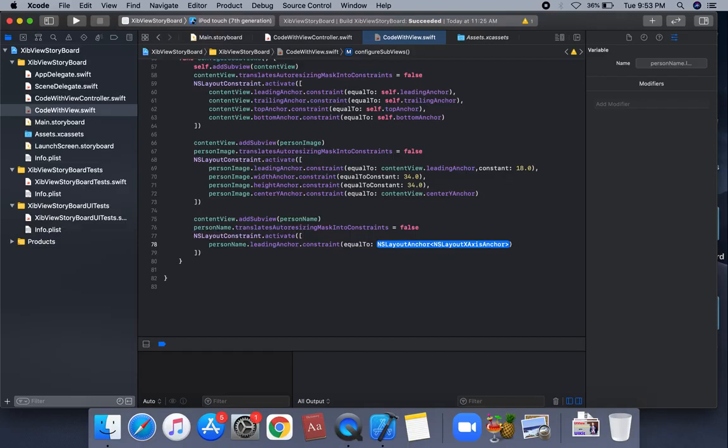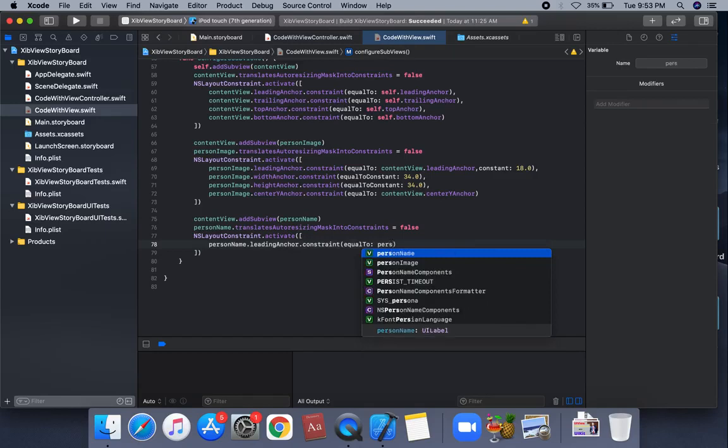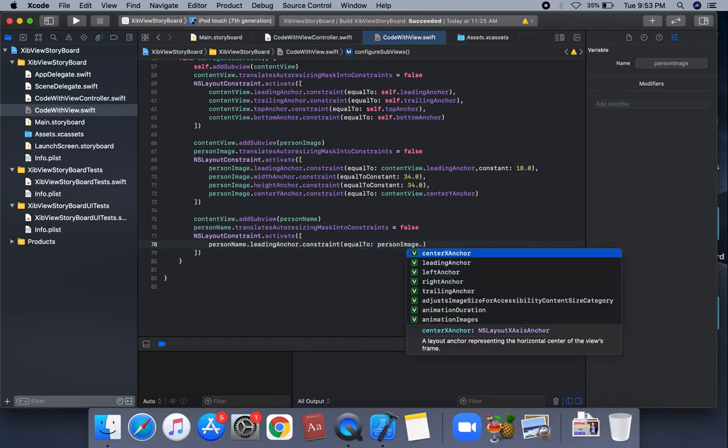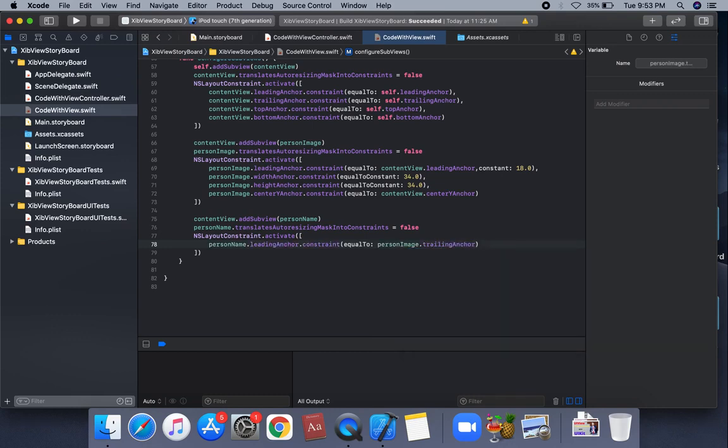personImage.trailingAnchor, constant: 16.0.